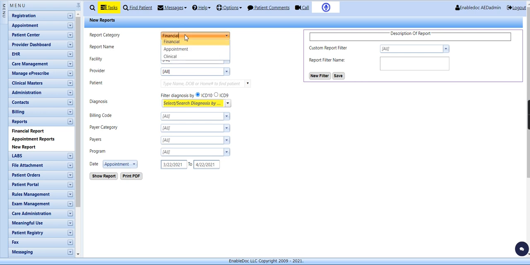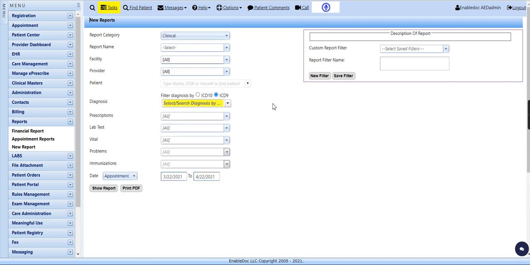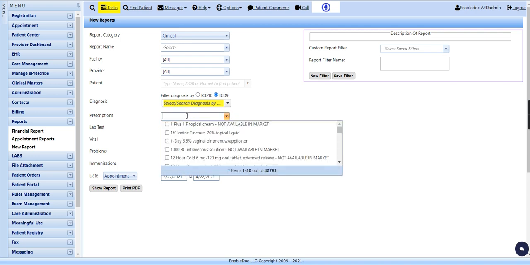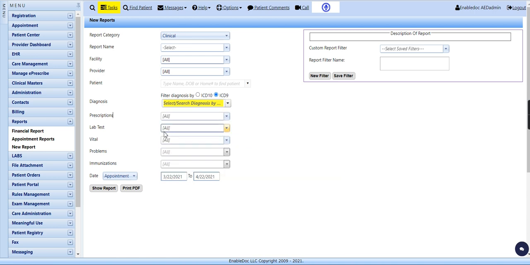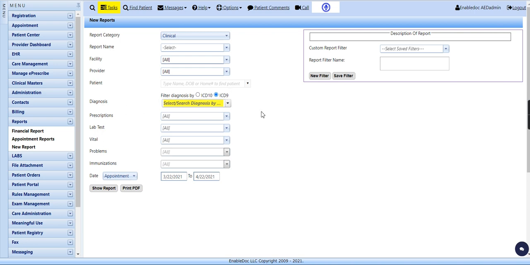As you can see here, there are three primary categories right now: financial, appointments, and clinical. As I switch between these different categories, there are different options that appear. With these options, most allow for multiple selections. So clicking, for example, on prescriptions, I can select specific or groups of prescriptions, lab tests, vitals, problems, immunizations, all providing different options here to select one or multiple